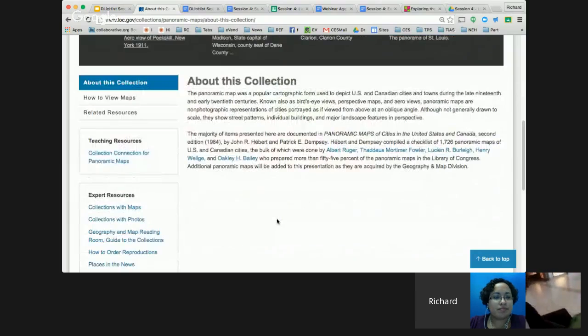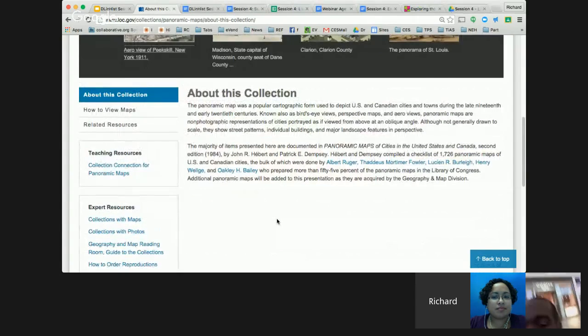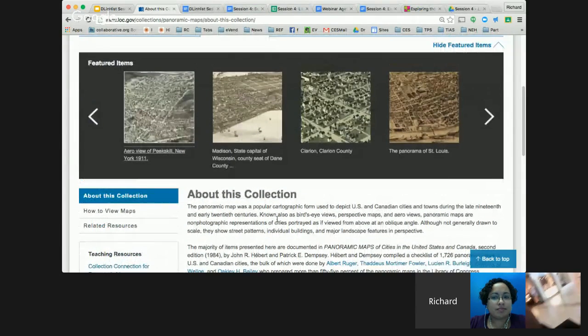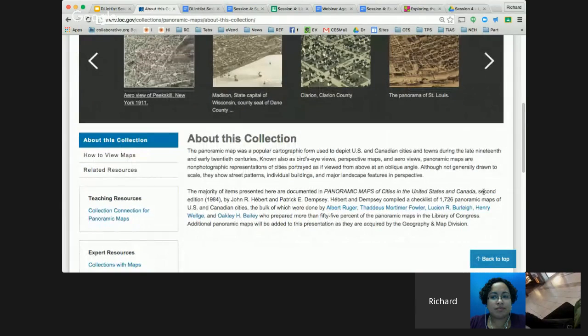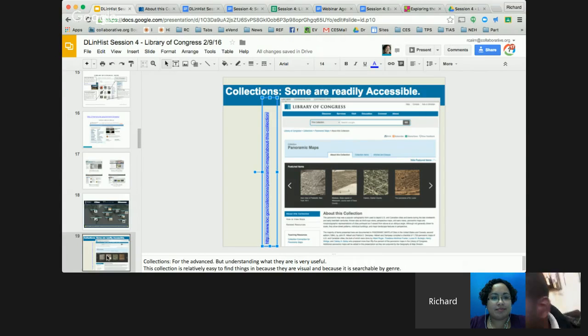There's hundreds of maps in this panoramic maps collection from different parts of the country, and that's all that's in there. I guess there's 1,726 panoramic maps in that collection. Well, you could send students there and say, look around, and any student is going to find something interesting if they poke around there. That's one collection. Let me show you another collection,